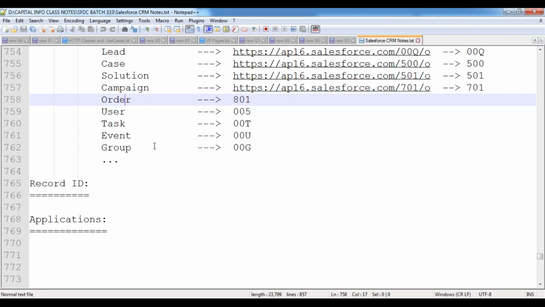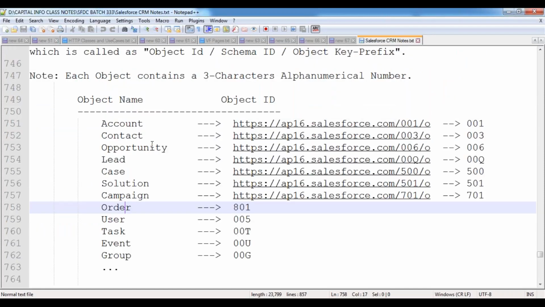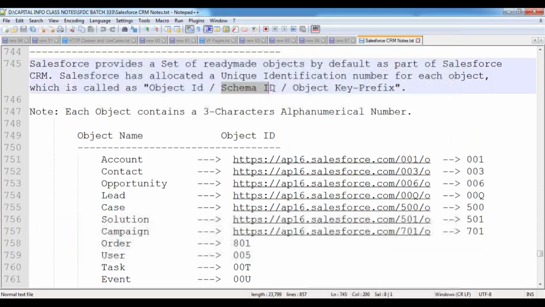For every object in Salesforce, whatever objects are given as part of the Salesforce CRM application, that 3 character code is called the object ID, also called the schema ID or object key prefix.